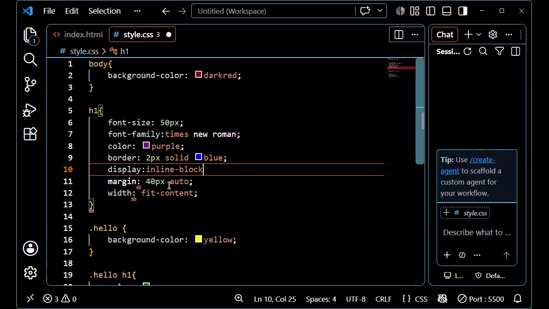It's the amount of space you have between the elements. Now this 40px that I did here is what I use to centralize the